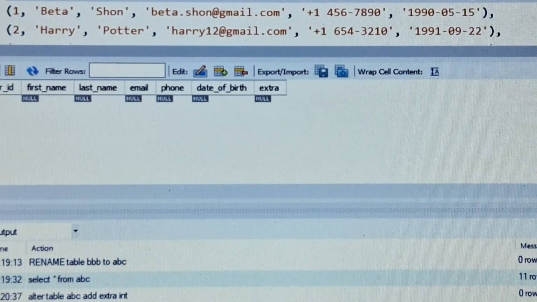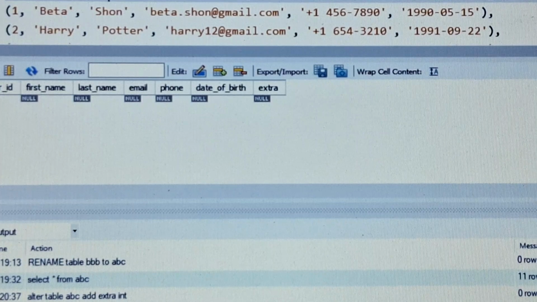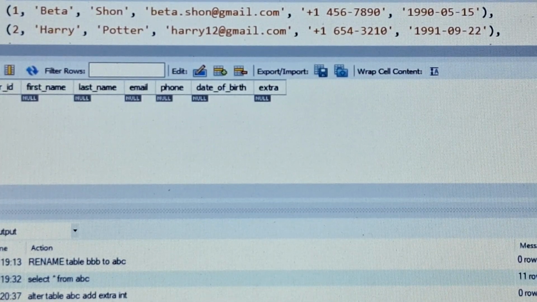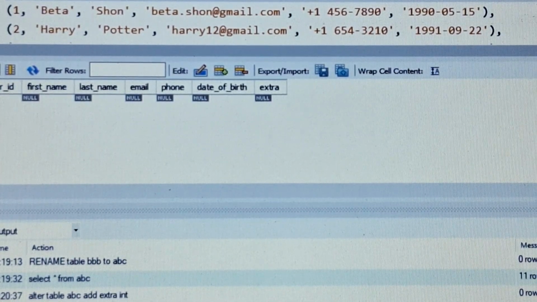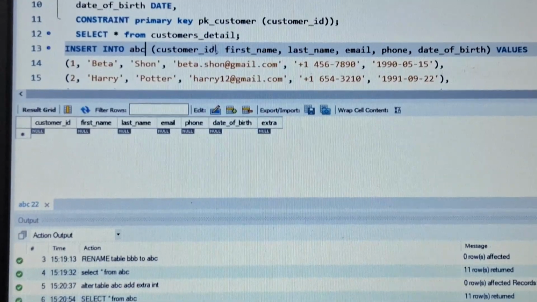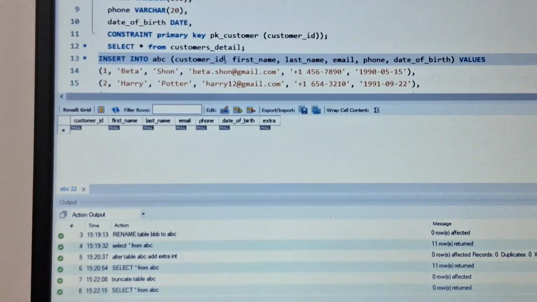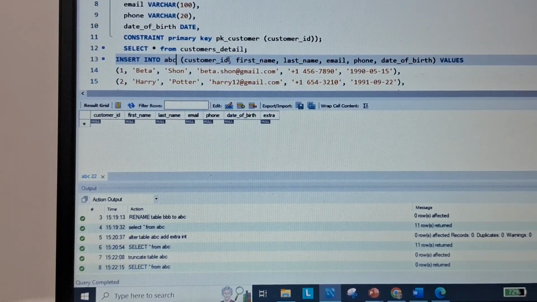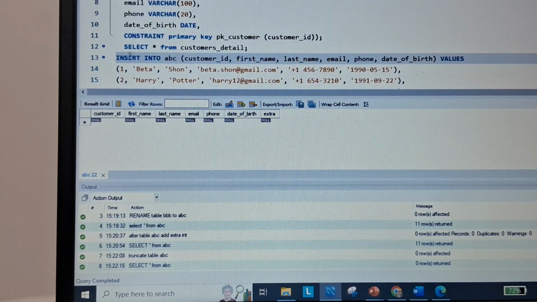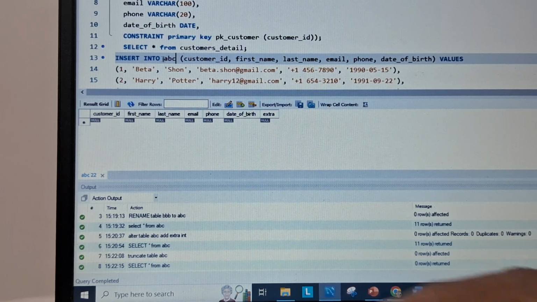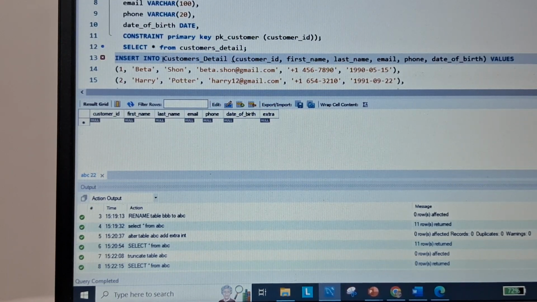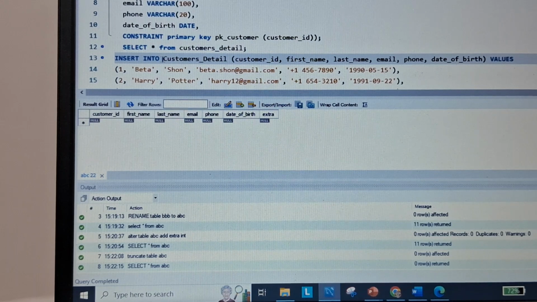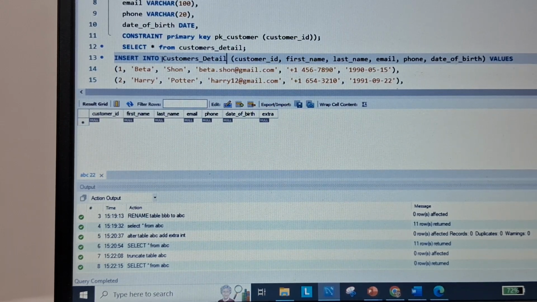You can just type here and change the name. As our table name was ABC, I'm just making changes to the insert command. Earlier it was written here customer details, and finally we have changed our table name to ABC.